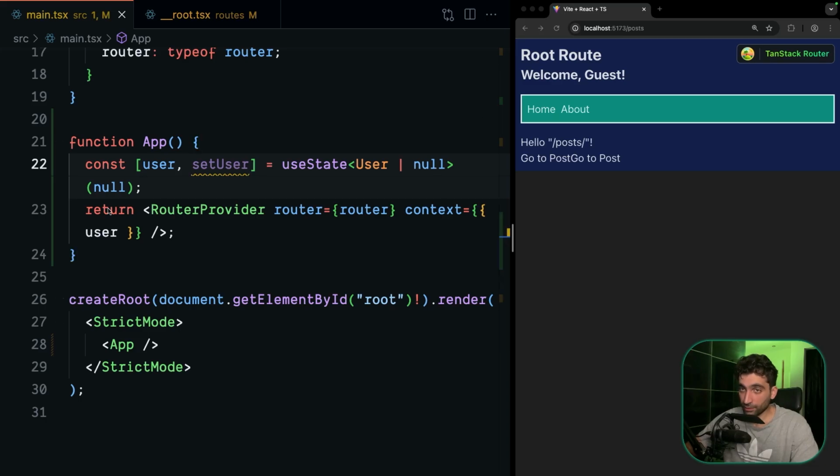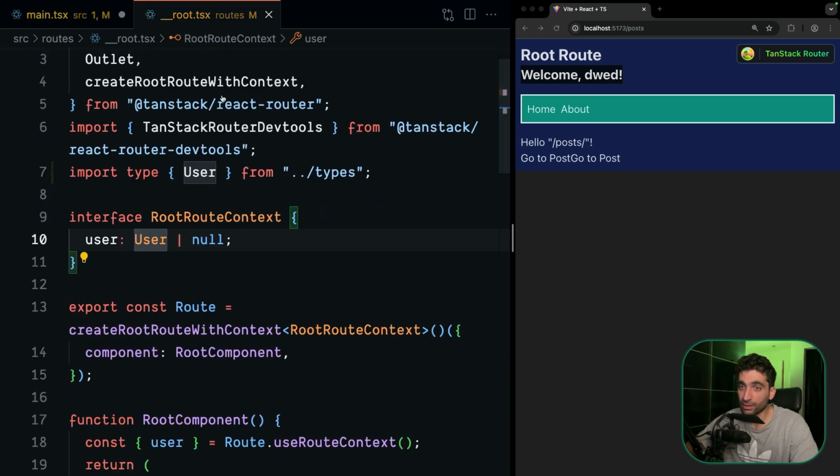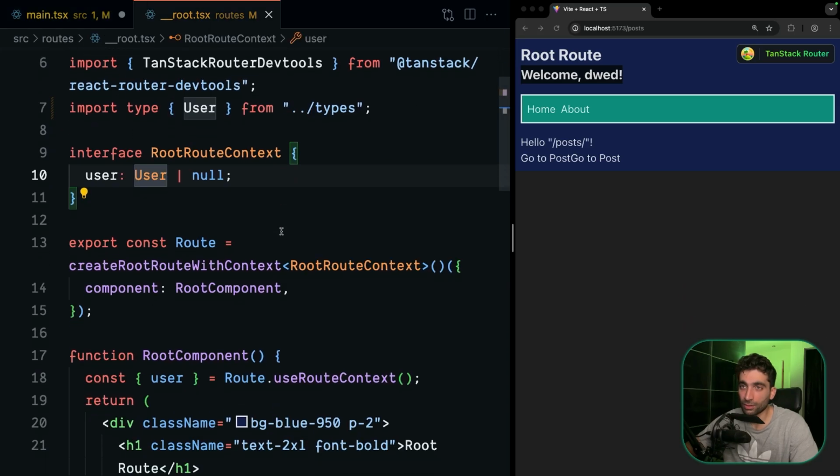So now since we are having null here, we're getting welcome guest, but of course we can change this to something and let's give a name, and we're going to get this here, right? But let's actually leave it as null. And now let's have some sort of a way to maybe log in, log out, and so on, and set this user. So what I'm going to do is, remember when we defined the type for our context,